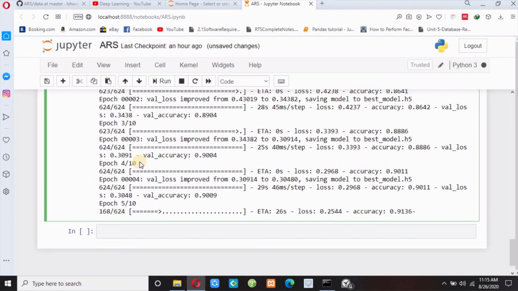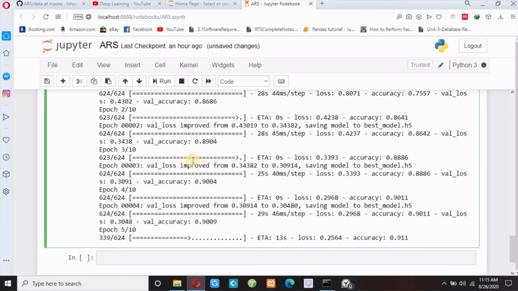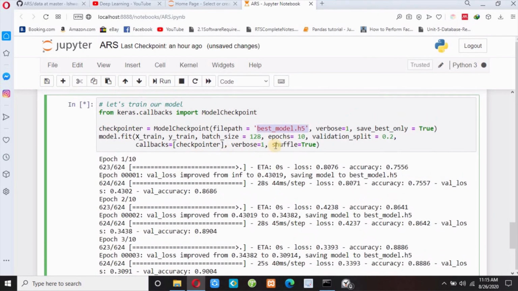It will analyze my data 10 times. And to increase your accuracy, you can also change the epoch value, suppose 15, 12, and you can also change your batch size and also validation split, and check what difference it will make in your loss and accuracy.